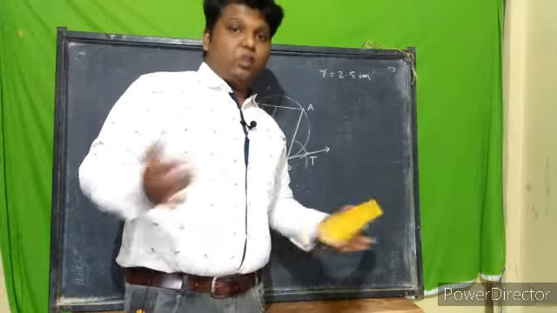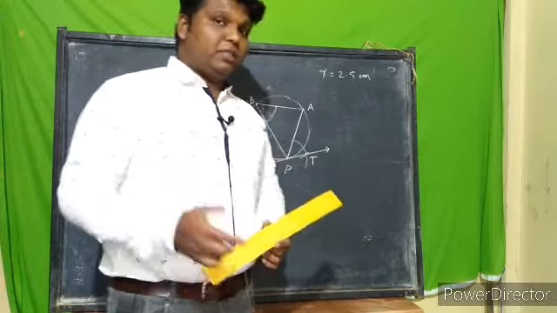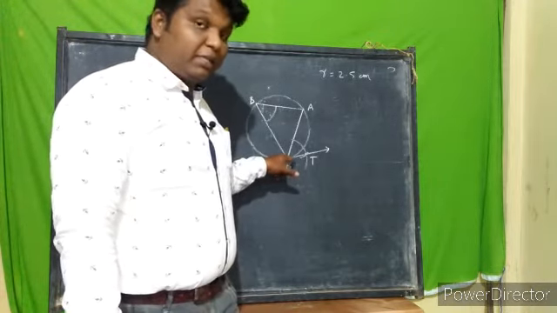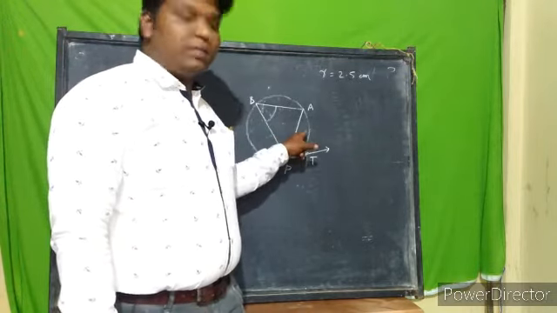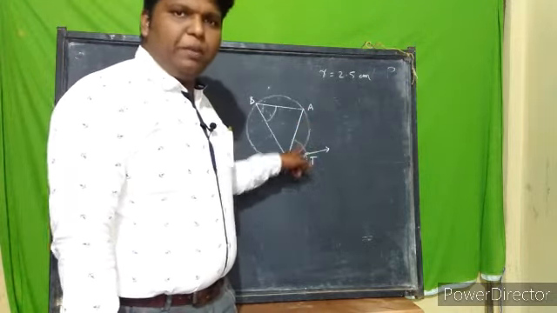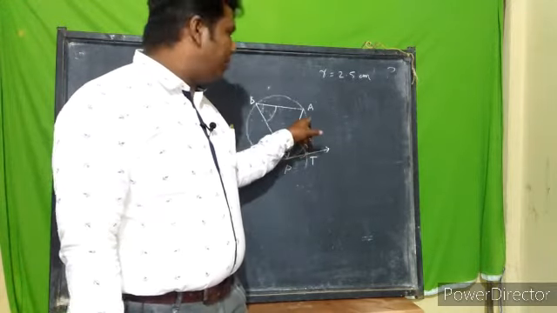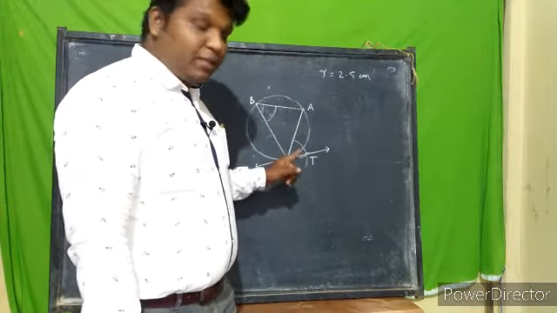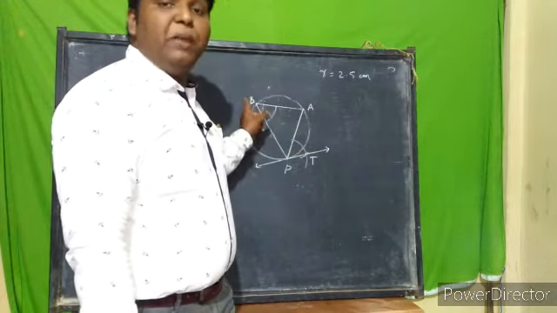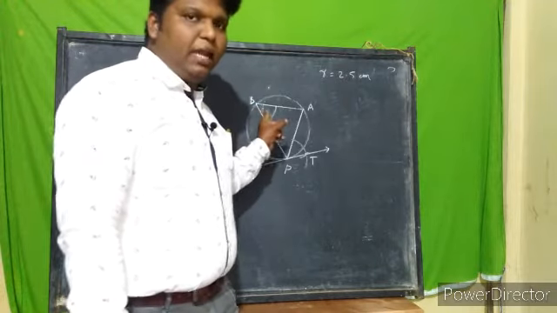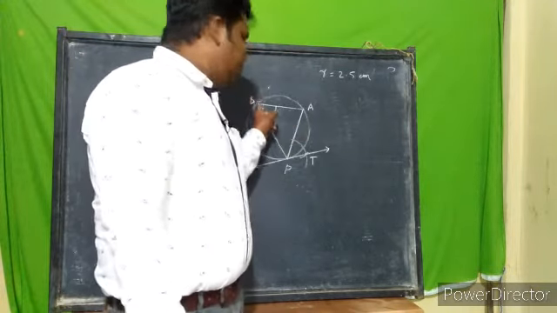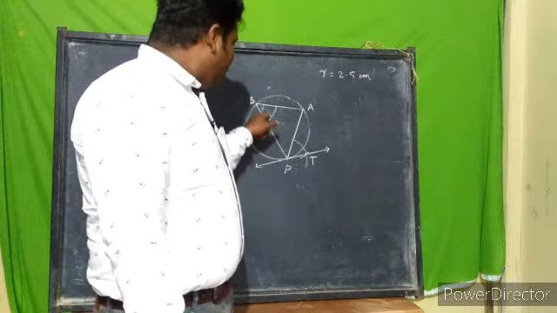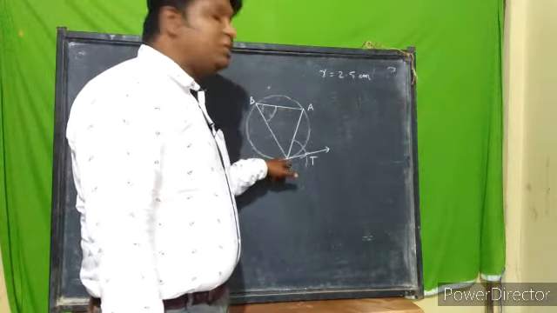Step number 1, draw a circle of radius 3 cm. Step number 2, mark a point P on the circle. उसका बाद क्या किया है, mark another point A nearer to P. P का बगल में, very near to P, you mark another point A. Then you join AP. After that choose another point B in the major segment. Major segment का अंदर एक point, याद रखना major segment का अंदर. You took the point B. Join AB and PB.